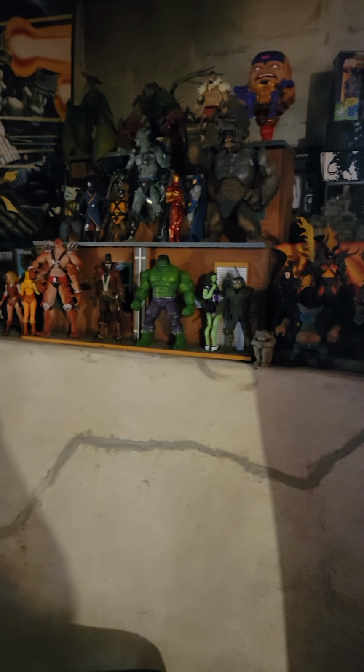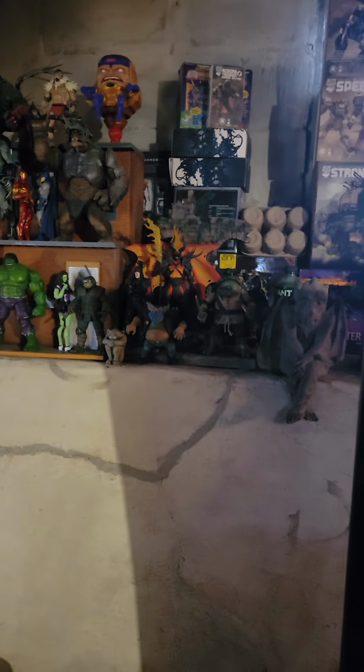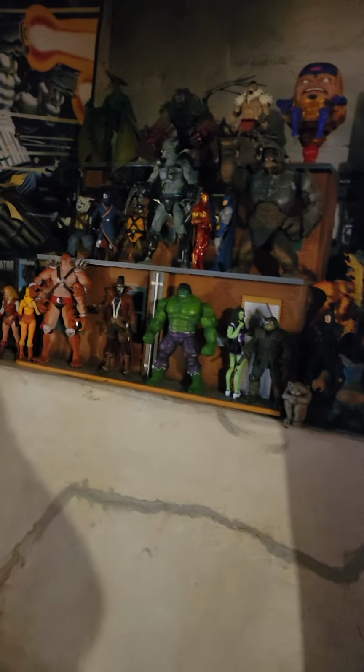Okay, and here's the biggest part that I've been working on, and it's this right here. This is my huge setup. I just moved a lot of this over to there. I got a lot of new figures as well. I got the Stoneheart Predator, great figure. I got the new